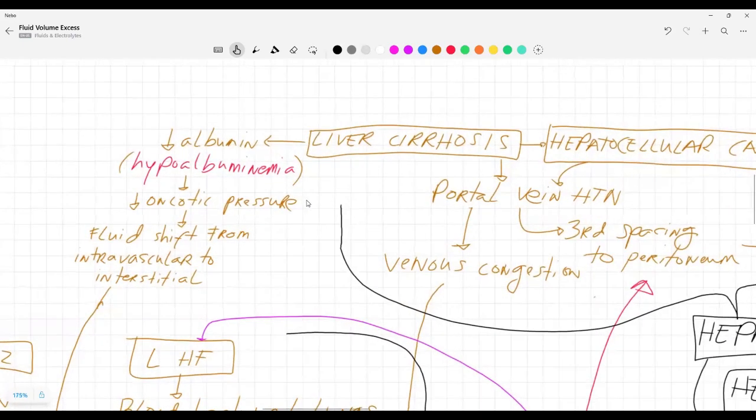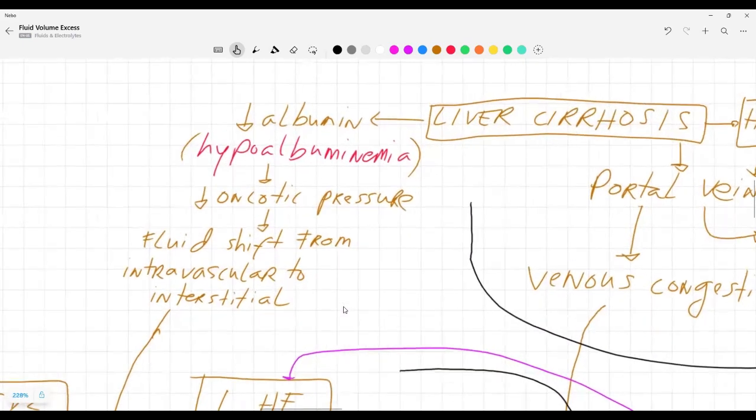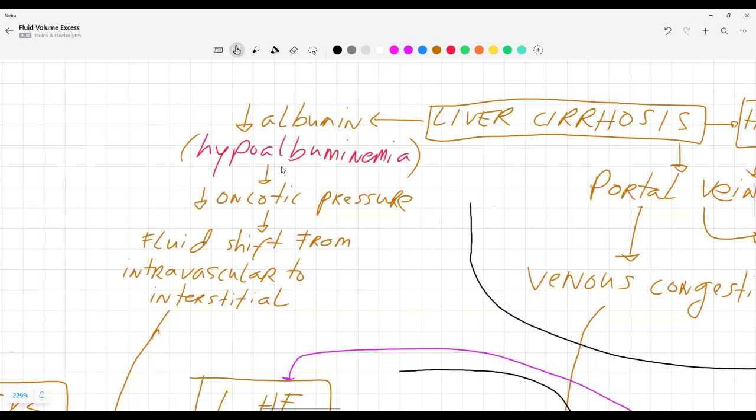And we know that albumin is a product of the liver. So it comes from the liver, it's produced in the liver. And so when there's malfunction of the liver, such as in liver cirrhosis, then there's also malfunction in the production of albumin. And so that causes hypoalbuminemia. And when someone has hypoalbuminemia, not only is there a problem with wound healing, and they're actually prone to wounds because of the lack of albumin, which is a protein,